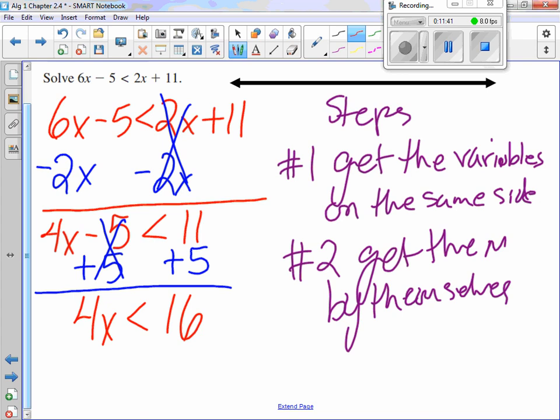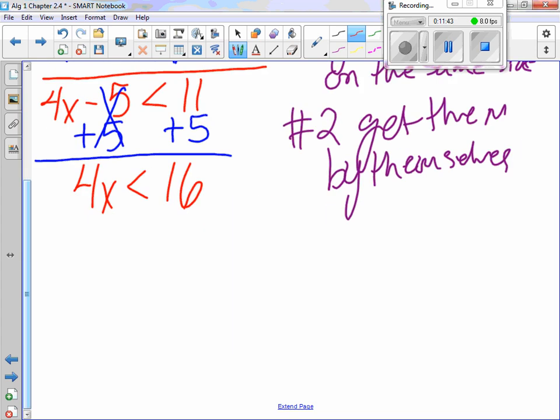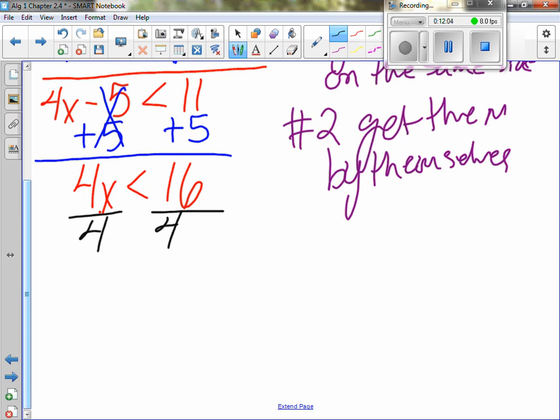Now they're almost completely by themselves. We just have the 4. So these two, 4 and x, are being multiplied or divided. They're being multiplied. When they're next to each other, it's multiplication. When they're over the top of each other, it's division. So the opposite of multiplication would be division. So we would divide both sides by 4, and we get x is